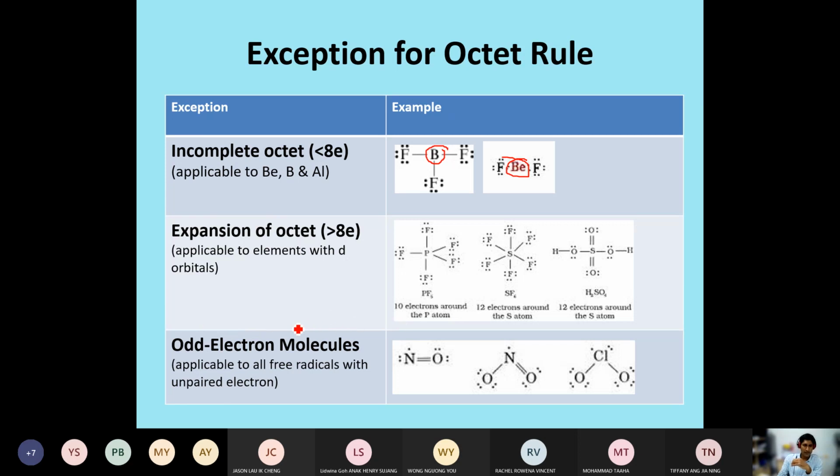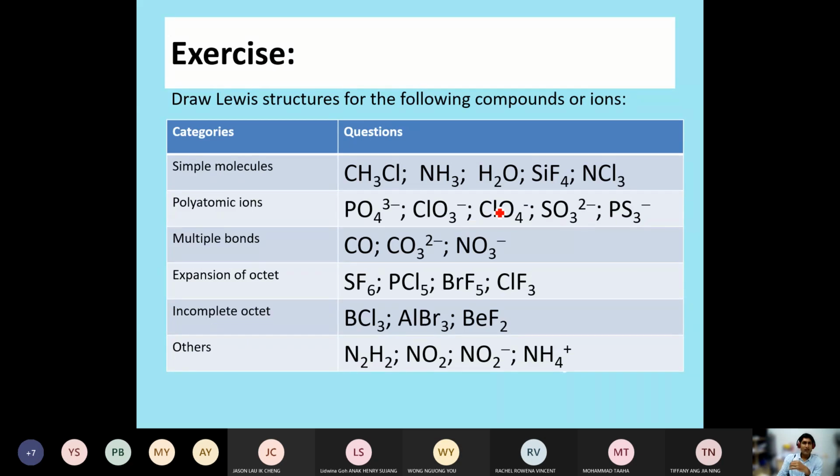For some elements or some molecules, there will be an odd number of electrons, and they can form free radicals, and because of those free radicals they are very, very reactive. Sometimes we can see. All right, so these are some of the